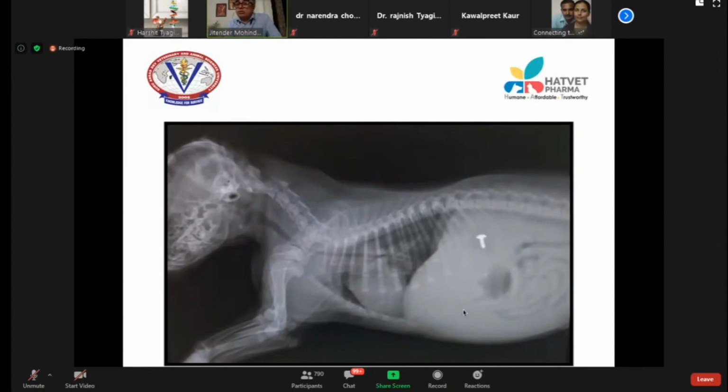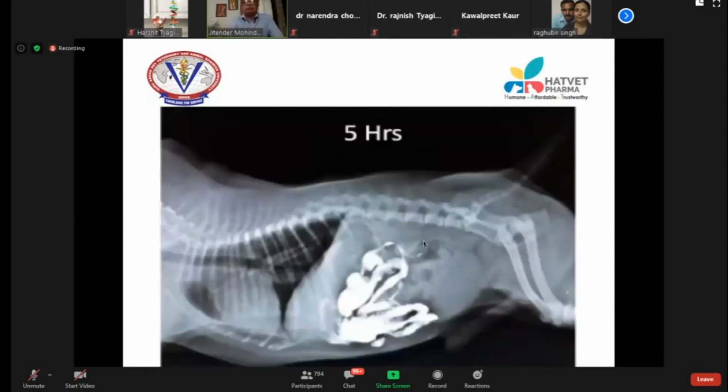This is metal opacity. All this opacity you see here is fluid opacity. And this is soft tissue opacity. And this area you see on the neck, that is the fat opacity. And this black area you see here, that is gas opacity. This is trachea. Trachea is filled with gas. That is how you make an idea about the various structures.